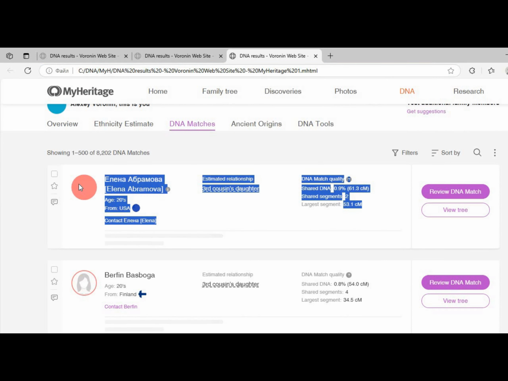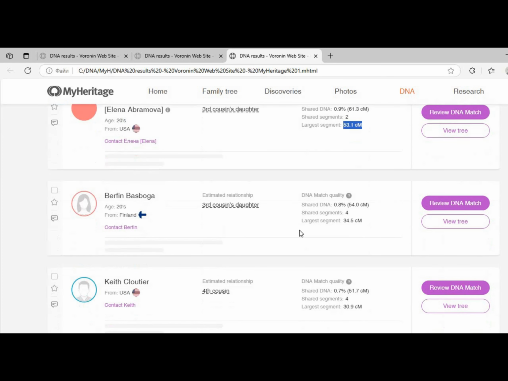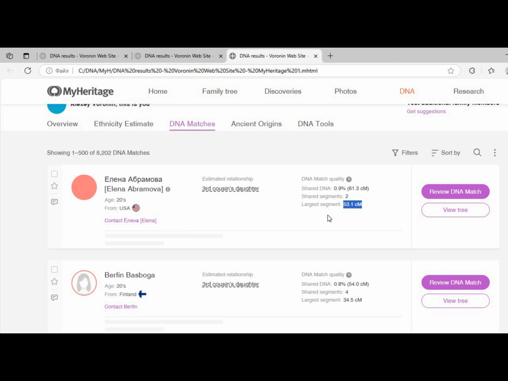What I want to do is take each person, each card technically speaking, and parse all the significant data from it, such as name, age, country, parameters of DNA match, how much matches, how many segments matches, largest segment, the total match. Okay, that's not quite important. The important thing is